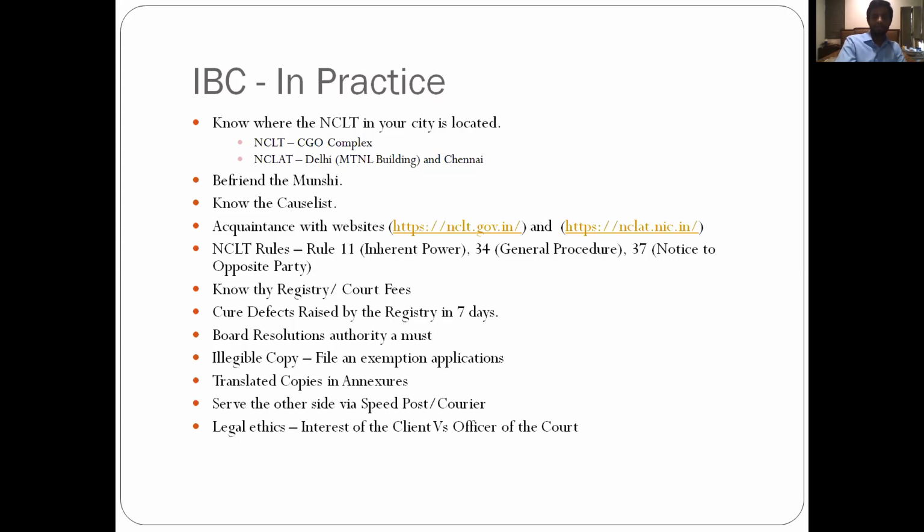Just the last thing that I want to deal with here is that very often in monetary matters, the temptation to take your client's side is very high. A client will say, why don't you write a larger amount, or why don't you claim a little more? But it's very important for us to realize that we are all officers of the court, and it's very unethical to embark on small tinkerings for small wins. There are a lot of ethical considerations that I personally find myself dealing with very often in court. But just food for thought: we are officers of the court, and although the interest of the client is of paramount importance, that shouldn't give us a window to compromise on ethics.